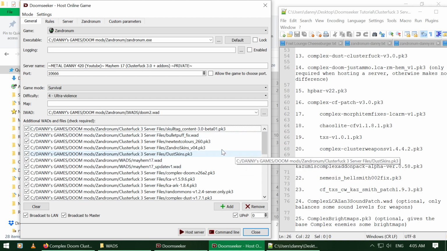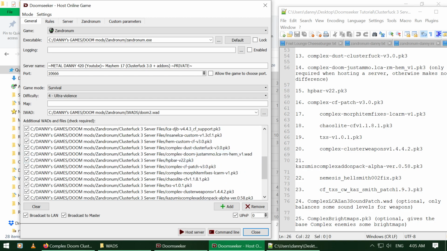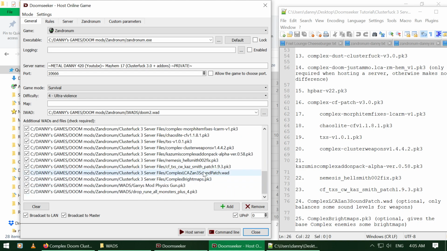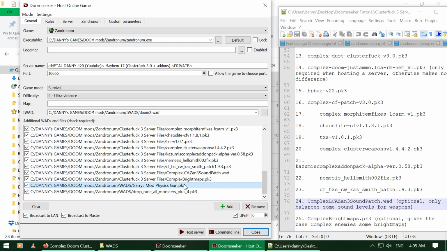It's basically because I was lazy to put them in the WODs folder when making the server, so don't mind that. Well, make sure the whole order is correct, and then you could add some of the add-ons yourself. You can always test it by hosting the server, see if it starts up, like these last two. These I added, the physics gun and the drop runes.